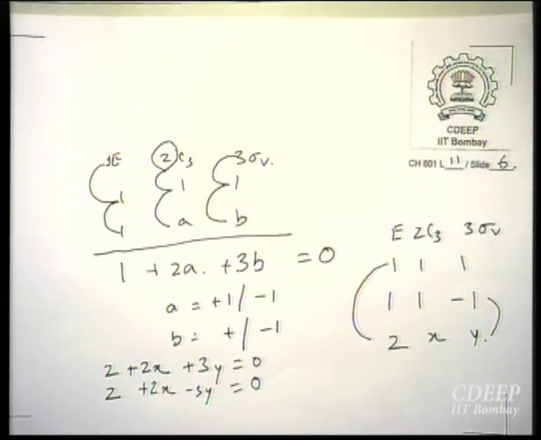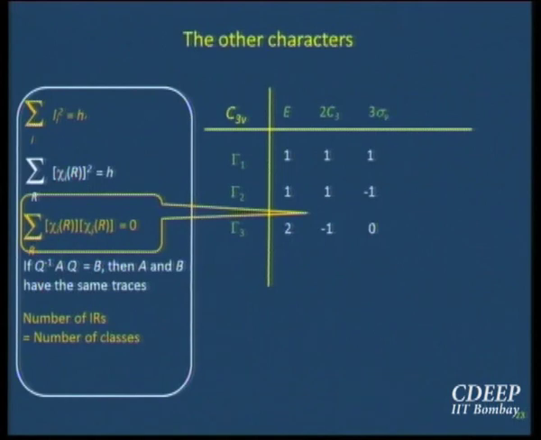Are you all okay with this? Some of us have done this already in CH442 or in other courses elsewhere, but for those who have not done it earlier, are you all okay with this so far? It's simple. Now look at the two equations. You have 2 plus 2x, and whether you add 3y or subtract 3y, it does not make a difference, it is still 0. What does that mean? That means y equal to 0. So put y equal to 0. Now 2 plus 2x equal to 0. X equal to minus 1. So 2, minus 1, 0.